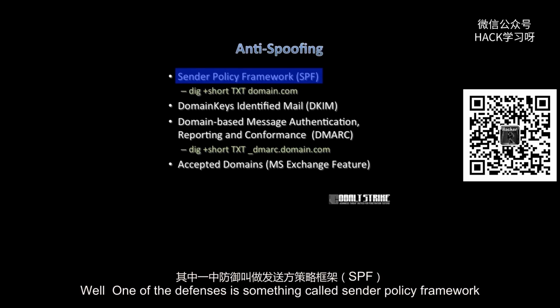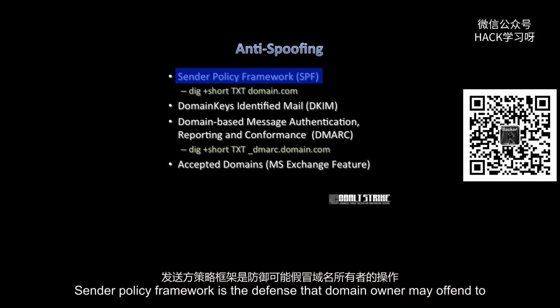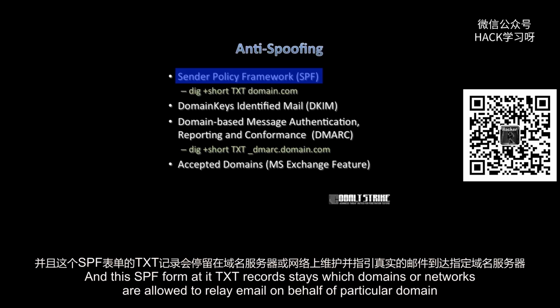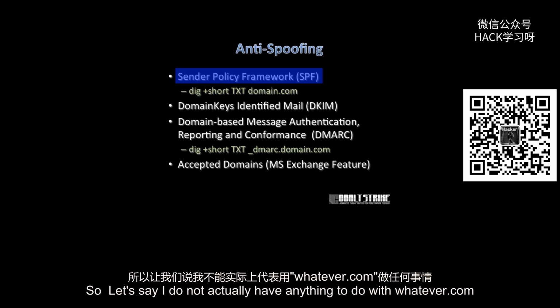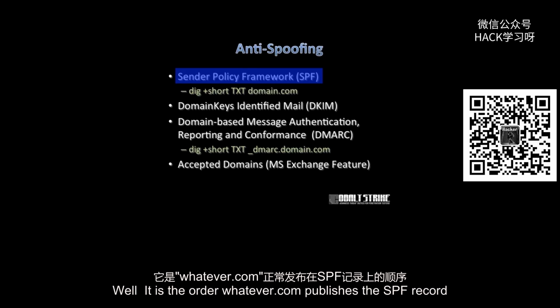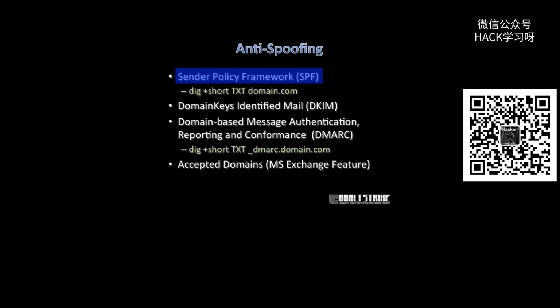Well, one of the defenses is something called Sender Policy Framework. Sender Policy Framework is a defense that a domain owner may opt into. All they have to do is publish a TXT record in the SPF format. And this SPF formatted TXT record states which domains or networks are allowed to relay email on behalf of a particular domain. So let's say I don't actually have anything to do with whatever.com, but I opt to connect to a mail server, say, hello, I'm whatever.com, and I've got mail from bounce address at whatever.com, and here's who it's